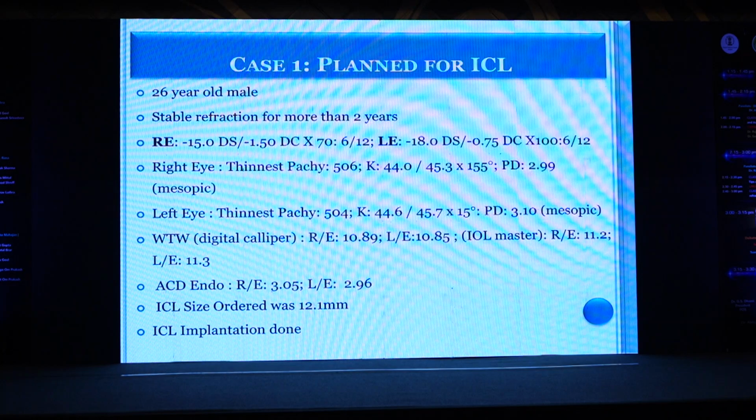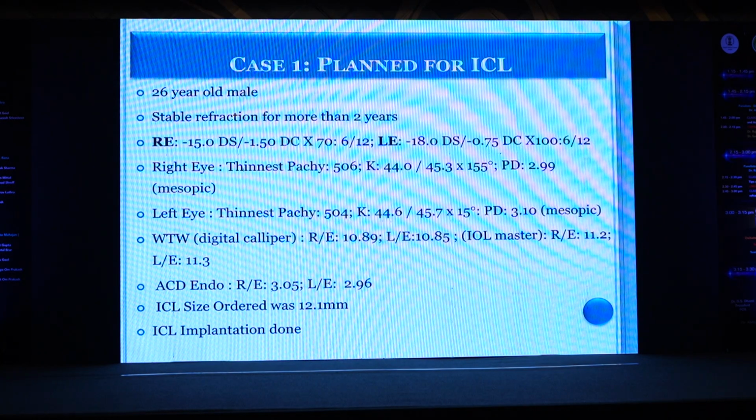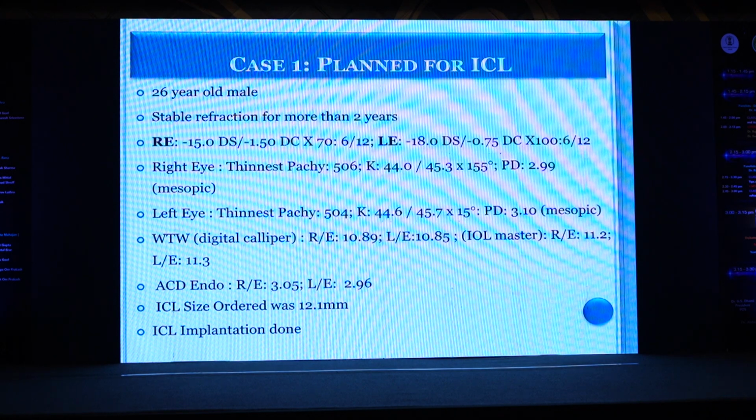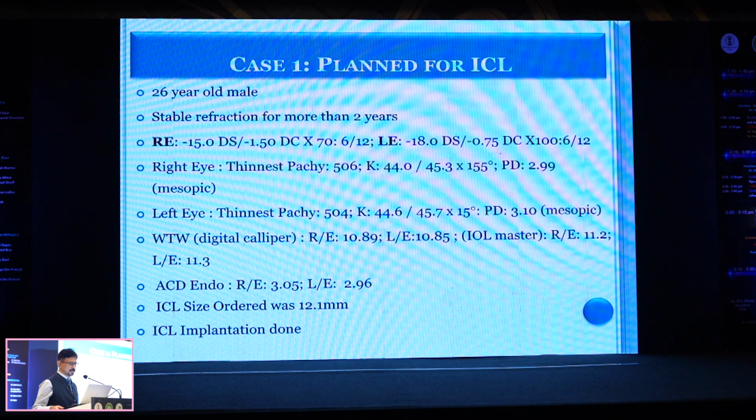So this is the first case, a 26-year-old male, stable refraction, refractive error of -15 and -18 in the two eyes, thinnest pachymetry 506 and 504, ACD endo is 3.05 and 2.96. Because the white to white was 10.89 and 10.85, we went with an ICL size of 12.1,